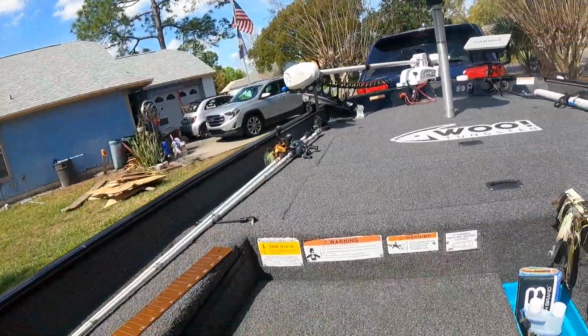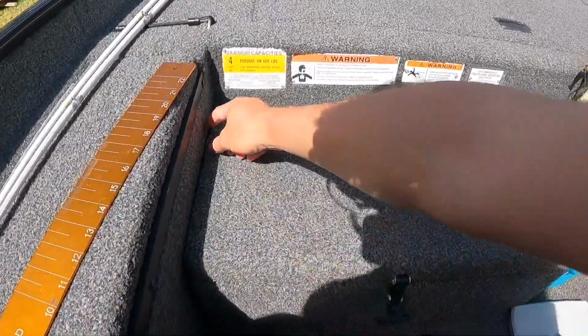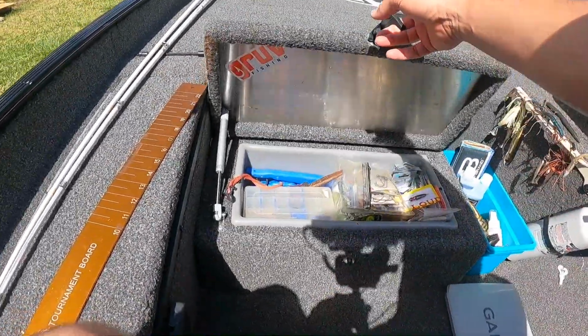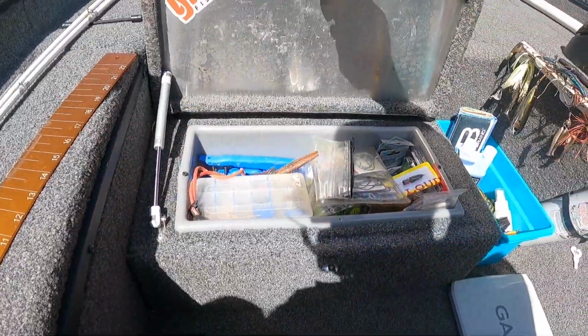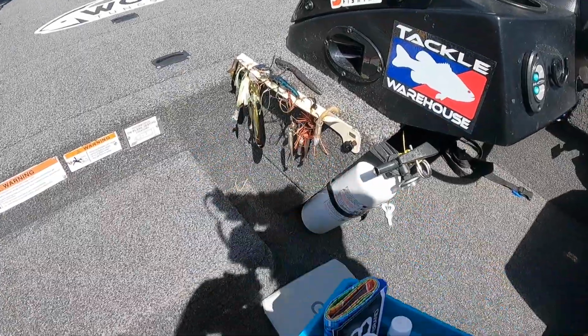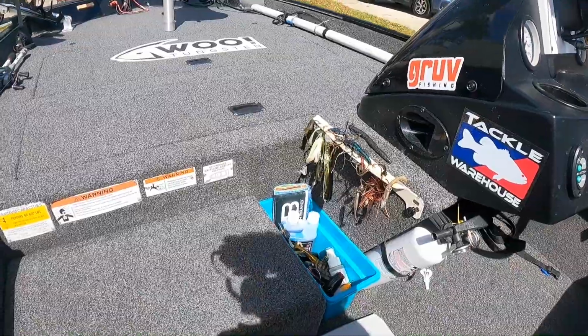Now this is an option. This little storage box is an option you have to pay extra for. And like I said, it was already installed. I keep all my terminal tackle in here. I put a little gas strut on here to keep it open. This is just a little storage bin that I keep over there, and because I have a little space, it's perfect. Fits. I can throw all my baits in there when I'm done with them and put them away